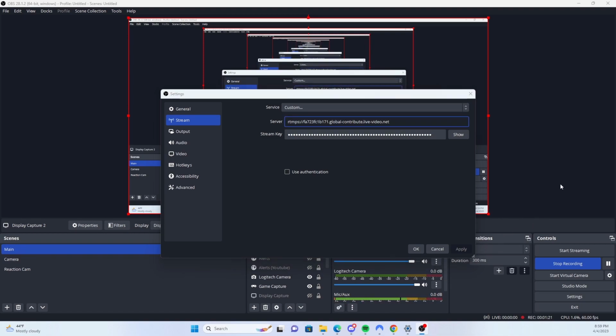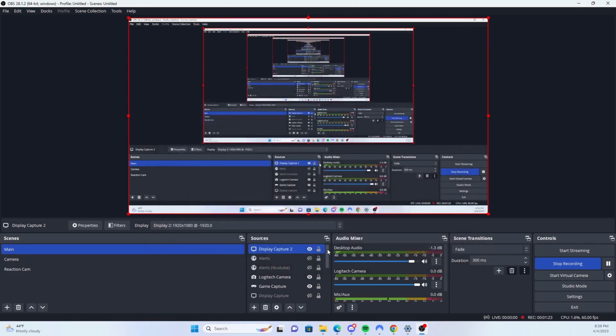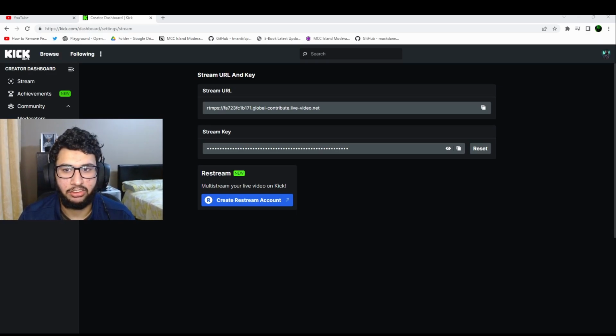and what we're going to do is go back to Kick for a second. Let's do that. And over here you can copy the stream URL. We're going to copy that to the clipboard, and again go back to settings, stream, and then custom. Then just paste the server URL in here. Okay, click apply. And then same thing, you're also going to want